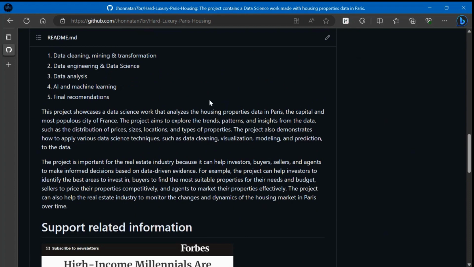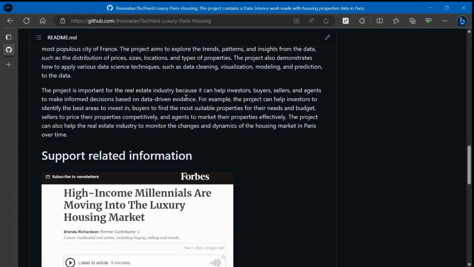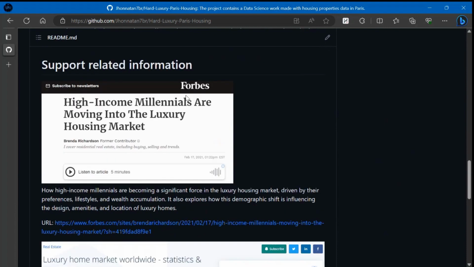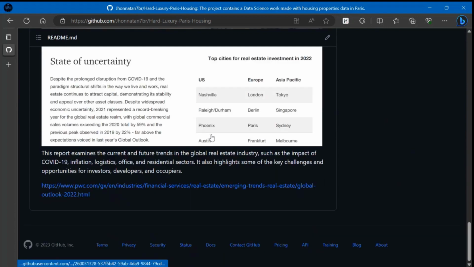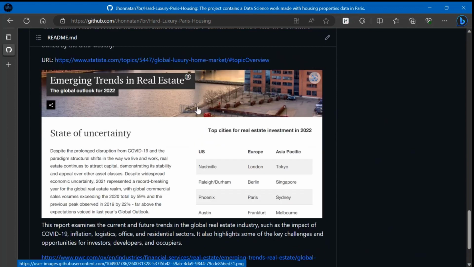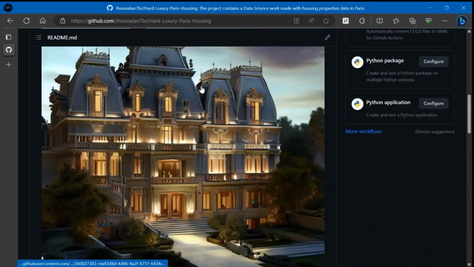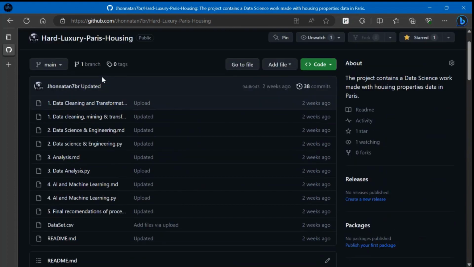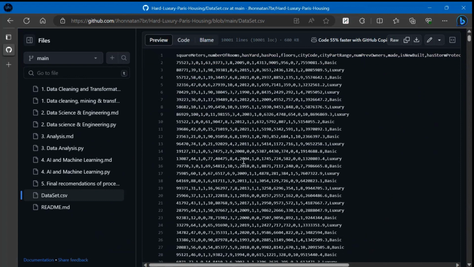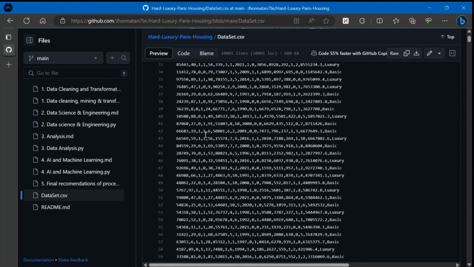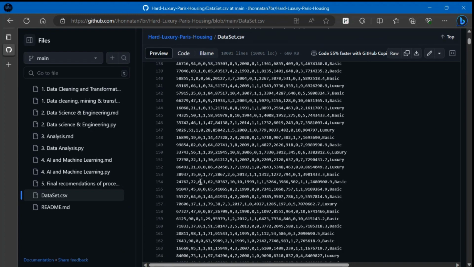This is the principal screen. I first share some studies, some statistics, some articles that illustrate this context, because in every data science project it is important to know the context behind the project, behind the data. After that, we can see the dataset that is located in a CSV format. You can see all the data,